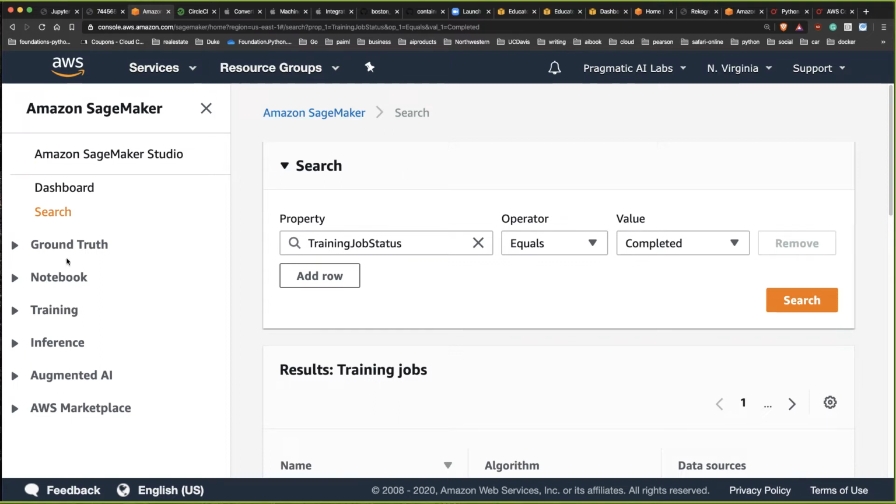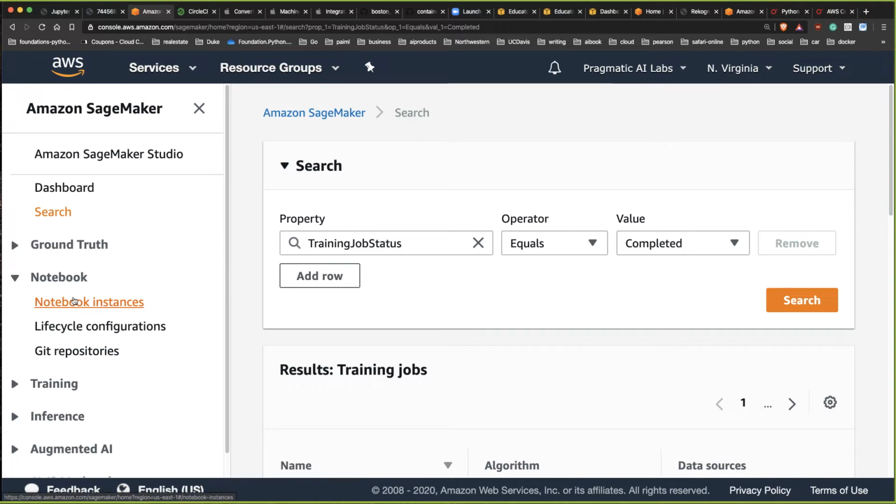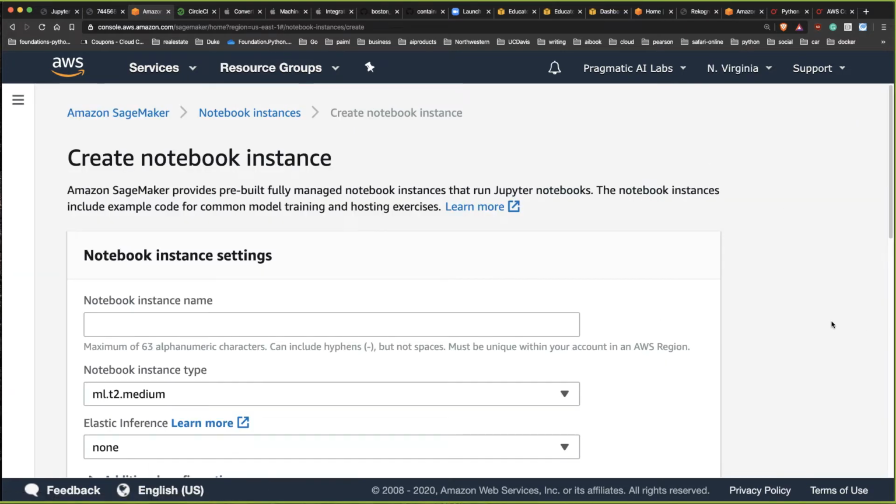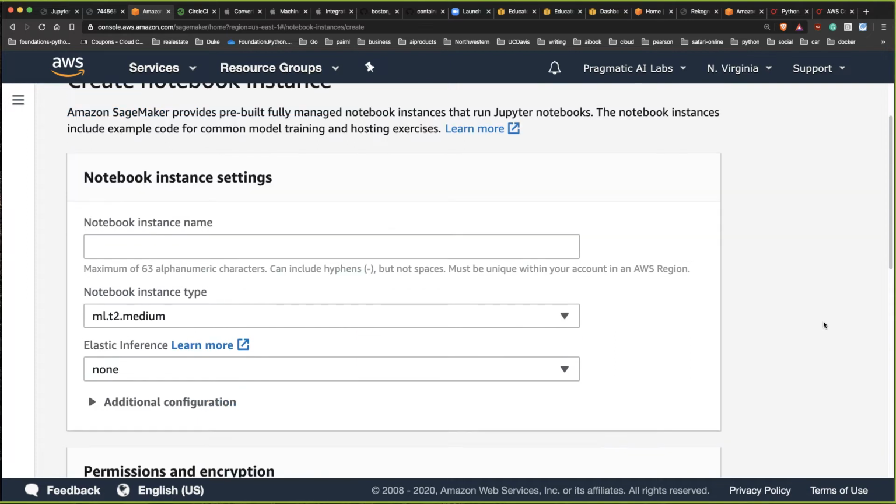So let's get into the Notebook section here. I'm going to click on this icon, Notebook instances. And what I'm going to do is create a new notebook from scratch. To do that with Jupyter Notebook, you would say whatever name you want to call it. So we'll just call this Census Screencast here. And by default, the size of your notebook is really not that important,